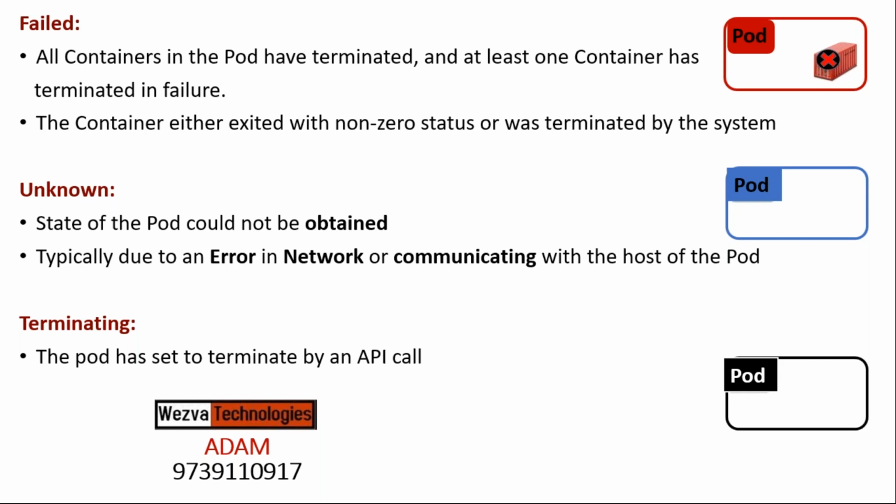Now, there is another state of the pod which is called failed. There could be various reasons because of which a pod has all its containers terminated. Like I was saying, if a container in the pod is getting stopped or exiting with a non-zero status, because generally when we say,